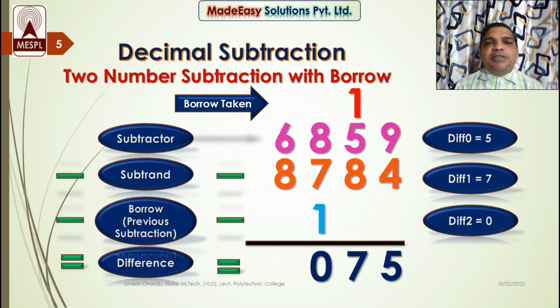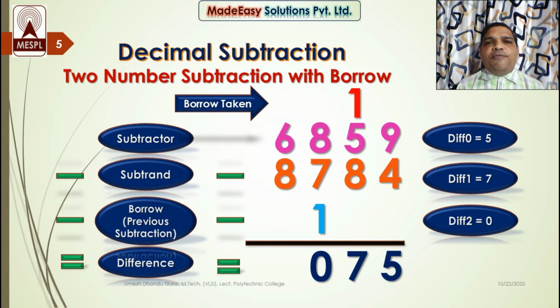So you may ask me, sir, what do we do whenever we learn binary subtraction? Yes, no doubt my friends, but as we are using the decimal number system as a reference number system, whatever techniques we use in binary, octal and hexadecimal number systems, we will learn and apply in the decimal number system first, because we have learned the decimal number system from our childhood and we know it very well. So if we apply the techniques in the decimal number system first, it will be easy for us to understand the techniques in binary, octal and hexadecimal number systems.